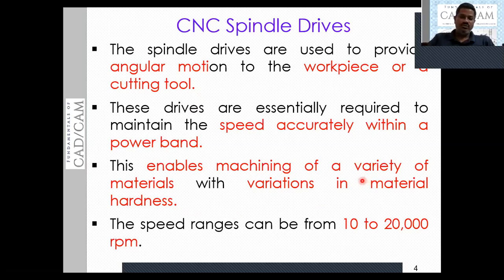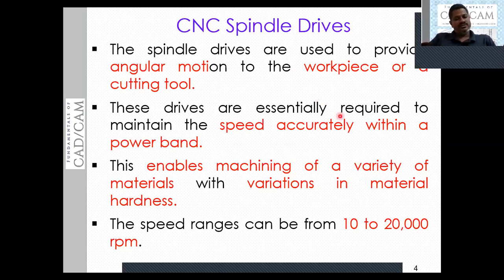This is also very important. Controlling the speed of the cutting tool or the workpiece plays a crucial role in getting the accuracy.